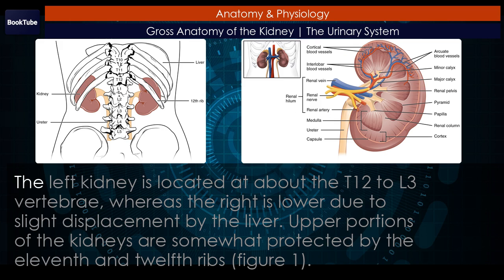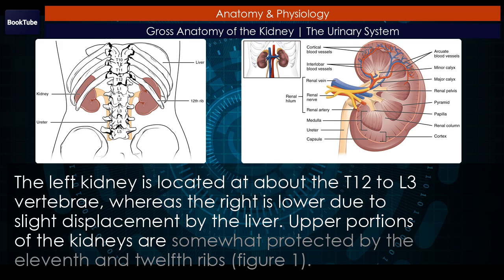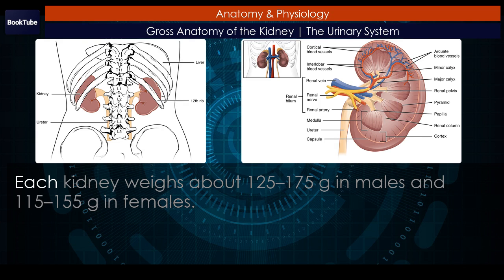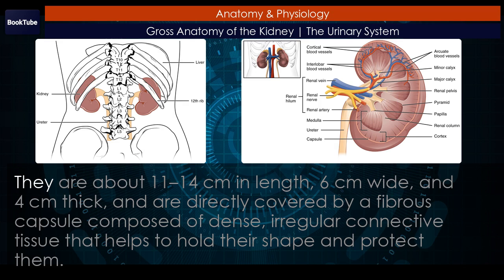External anatomy. The left kidney is located at about the T12 to L3 vertebrae, whereas the right is lower due to slight displacement by the liver. Upper portions of the kidneys are somewhat protected by the 11th and 12th ribs. Figure 1. Each kidney weighs about 125 to 175 grams in males and 115 to 155 grams in females. They are about 11 to 14 centimeters in length, 6 centimeters wide, and 4 centimeters thick, and are directly covered